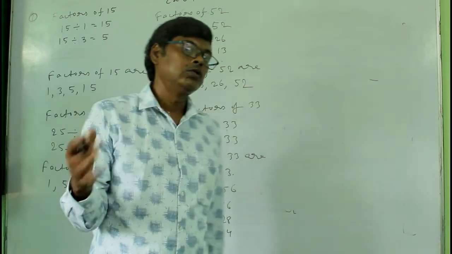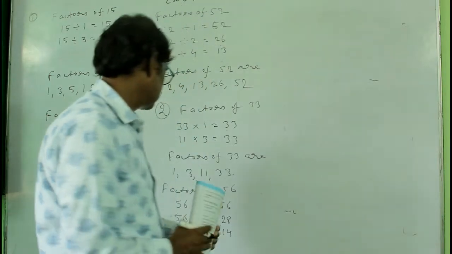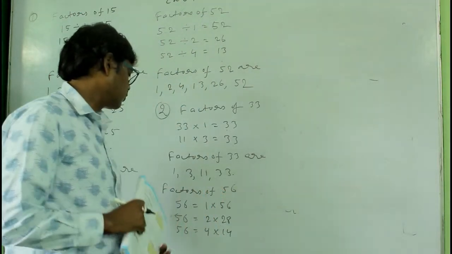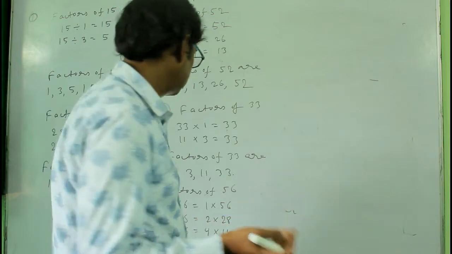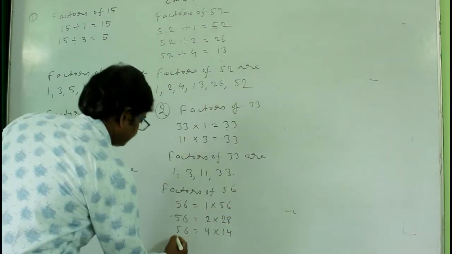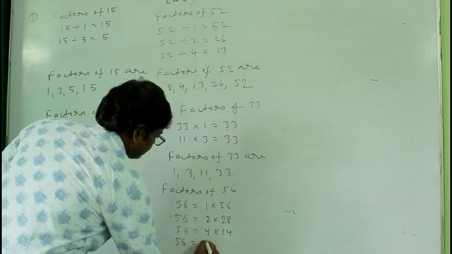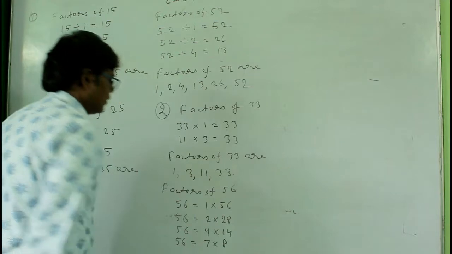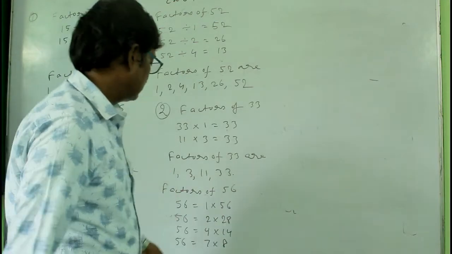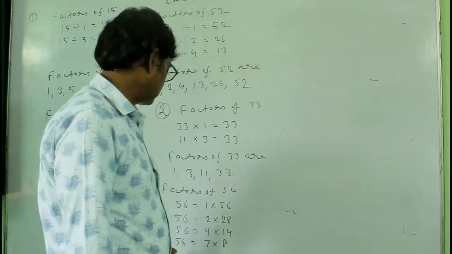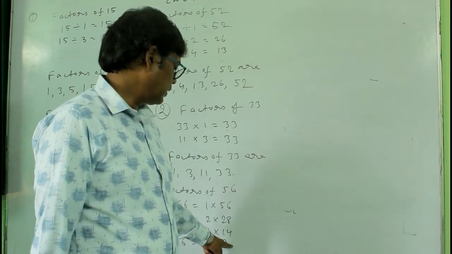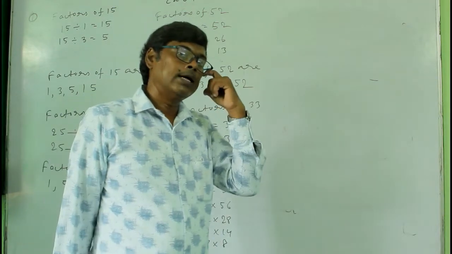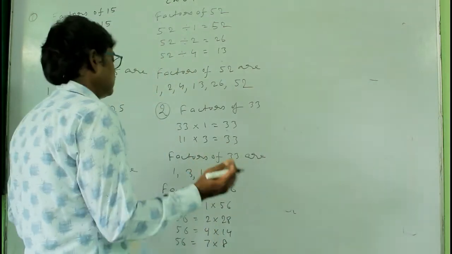Okay, that's like 1, 2, 3, 4. So now it is 4 into 14. Then 5, 56 will not go by 5. Then 6. Then 7. Okay. Now if you move further, then it will repeat. Now you see that 56 equal to 8 into 7. But here again we have already 8 and 7, so no need to further write. Okay. And then write the answer here.